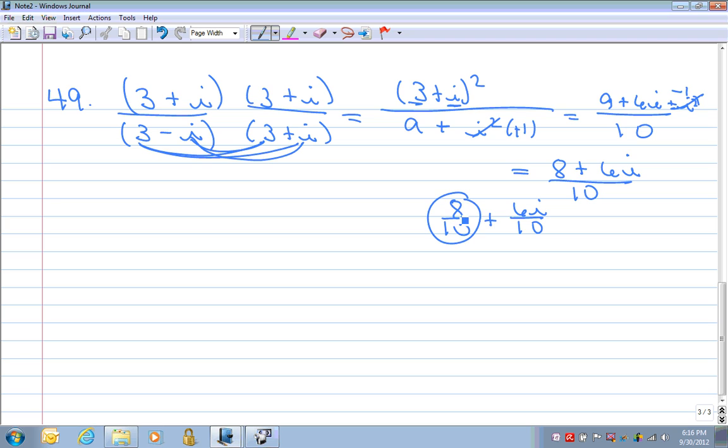We're going to simplify this fraction. Both are divisible by 2. That would make it 4/5. 6/10 is also divisible by 2, which makes it 3/5 i, and that lets us be in a plus bi